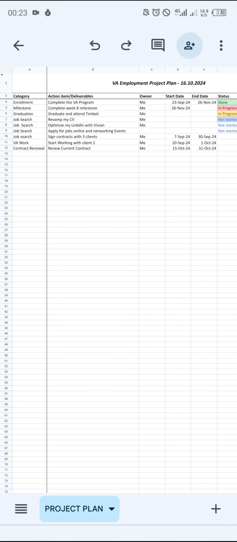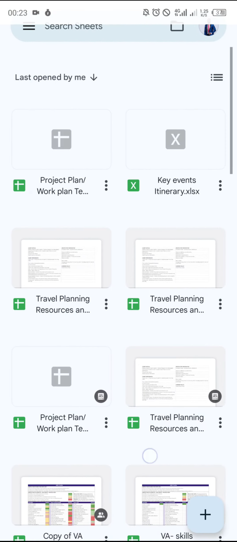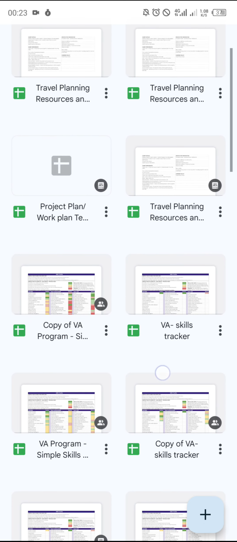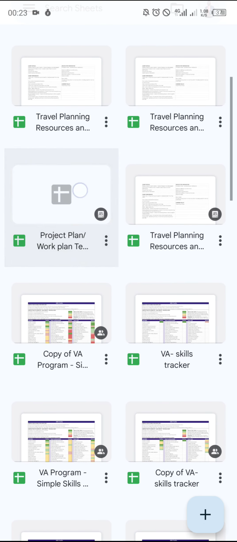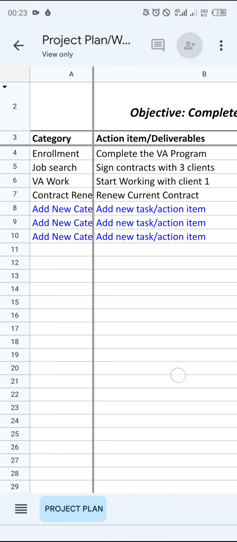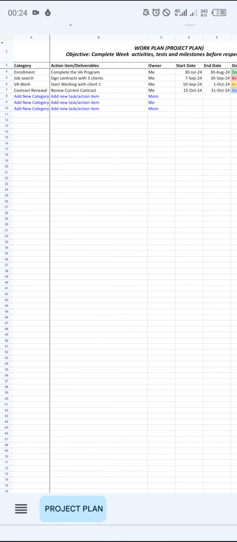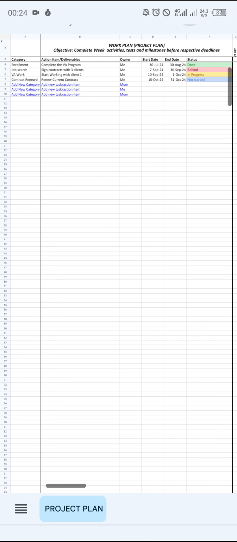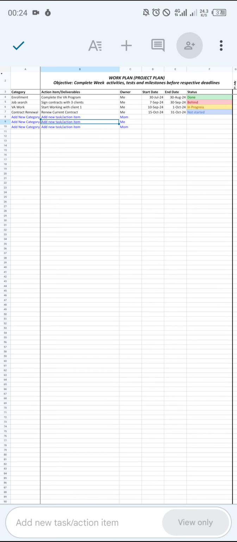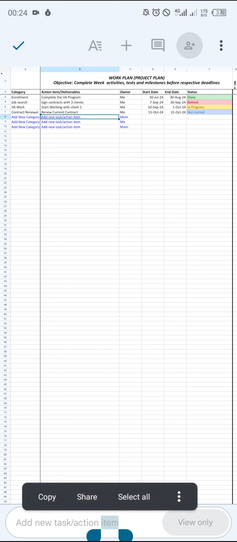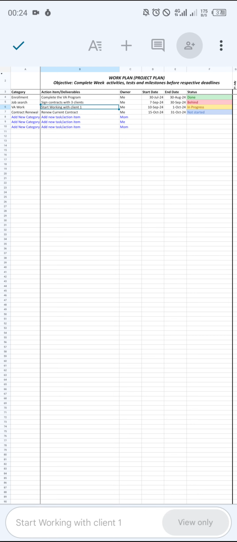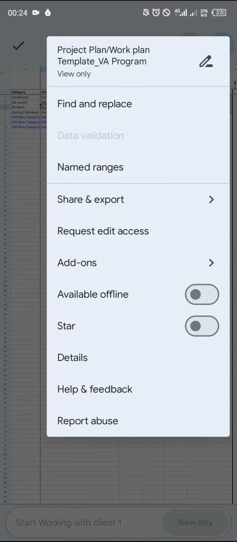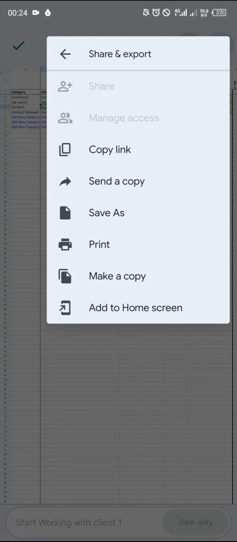So what was the first thing we were asked to do? I'd already created something with this. Let's use the new one. Okay, this is the shared one. This is the one that was shared to everyone, the one that we were asked to use. If you check it, you see that you can't edit it. You can see view only. So what you're going to do is click on the three dots at the top right corner, click on share and export, then you click on make a copy,